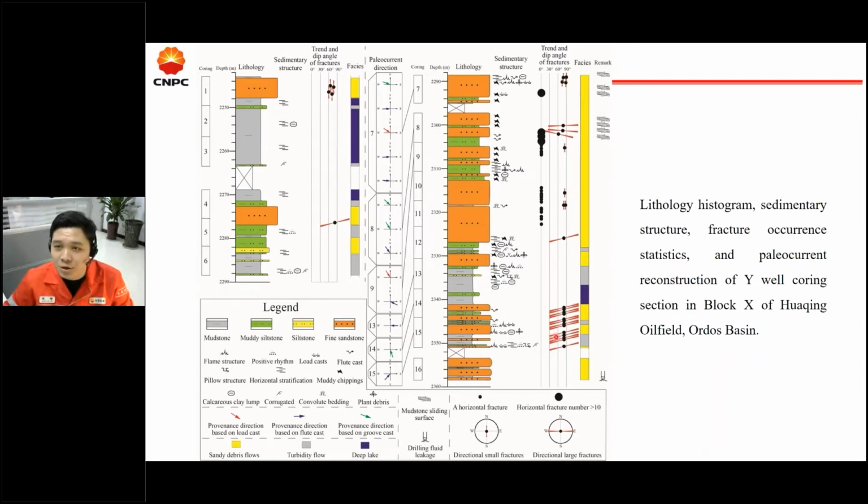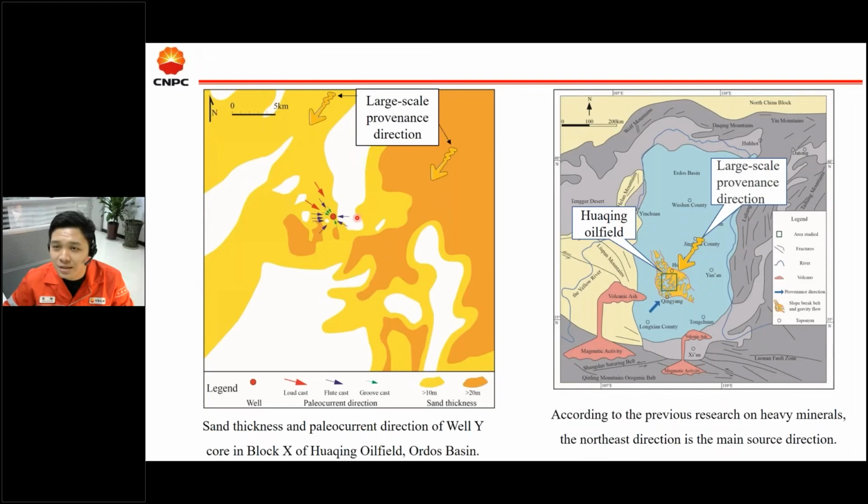The paleocurrent direction of the sandy debris flow is highly consistent with the thickness map of sandstone, which was drawn under the restriction of several hundred wells. From the thickness map, we can also see that the main paleocurrent direction in the northwest